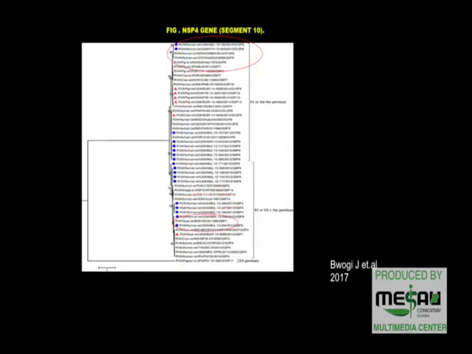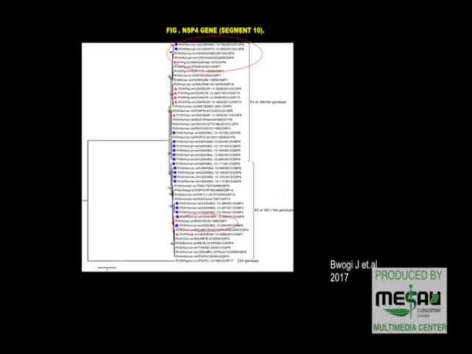This VP6, I've already talked about it, where I said our sample is clustered with a goat sample here. Also, these samples here are human samples from our study. But the samples they cluster with, these human samples, have been reported to be of zoonotic origin. So probably our gene NSP4 of this sample 183 and 23 may be of possible zoonotic